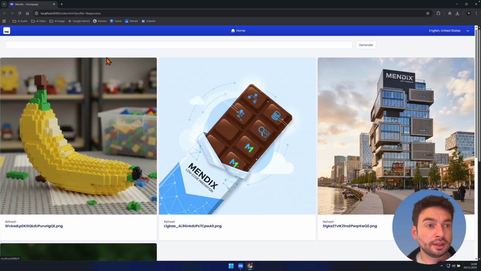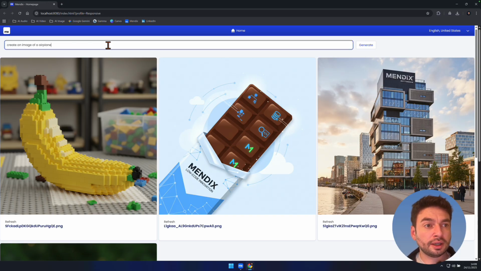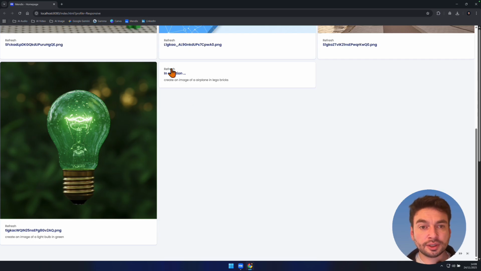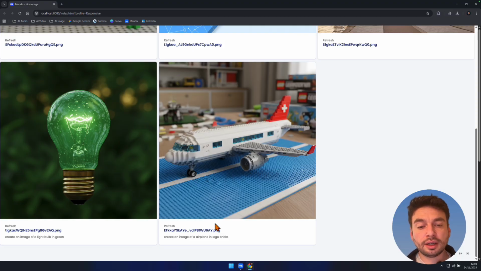So it's running. So create an image of an airplane in Lego bricks. Then click here on generate. And now we see here the generation. Here I have to refresh. I can click here. It's still, and now after I clicked, it reloaded, refreshed, and the airplane, a Swiss one,